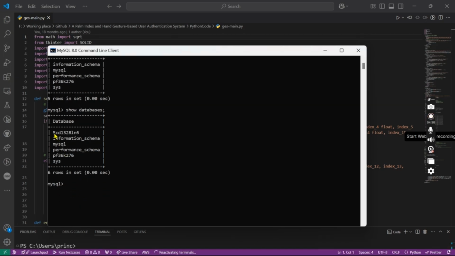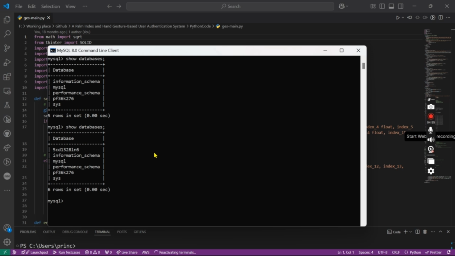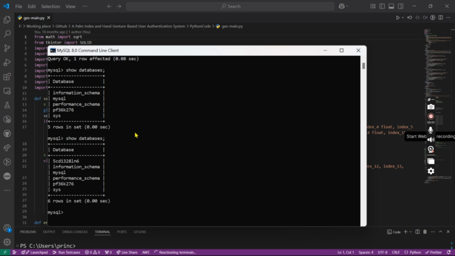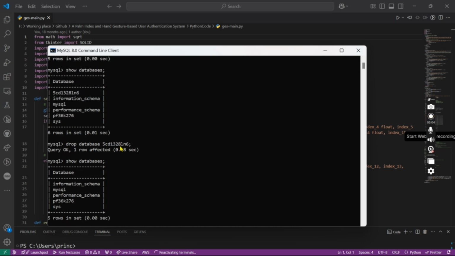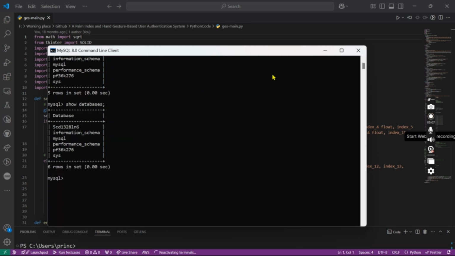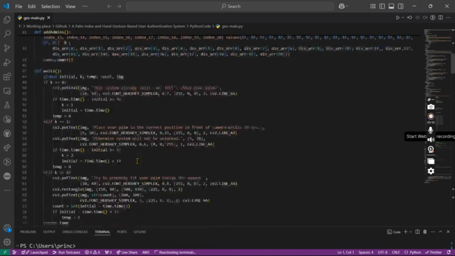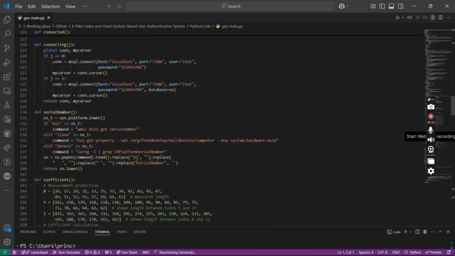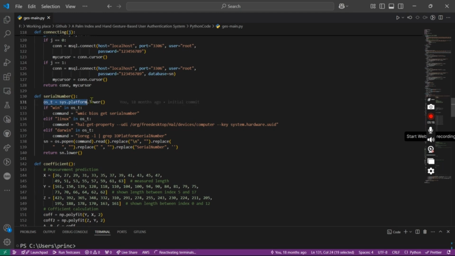So yeah, again you can see 5CD1328LN6 has come into the database, right? Now you may wonder how the name is the same as before. It's because I am extracting the serial number of the system by using the OS module. It means whenever the software runs on the same system, it will extract the same serial number of that system, and it will store the same